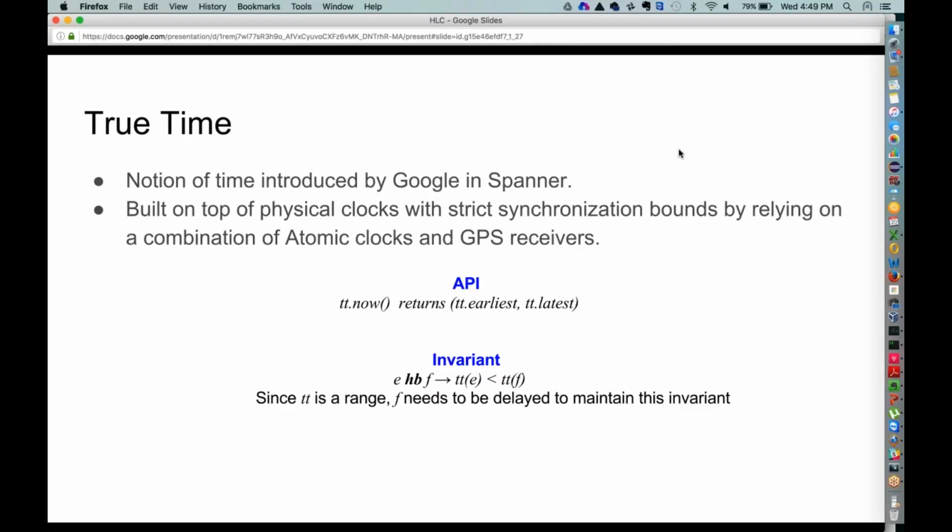One of the interesting things about why they use multiple time sources is that all of these things can fail, and the failure modes of atomic clocks are different from the failure modes of GPS clocks. So when you're trying to build things like this, you don't want to have correlated failures. That gives you, in aggregate, better fault tolerance.